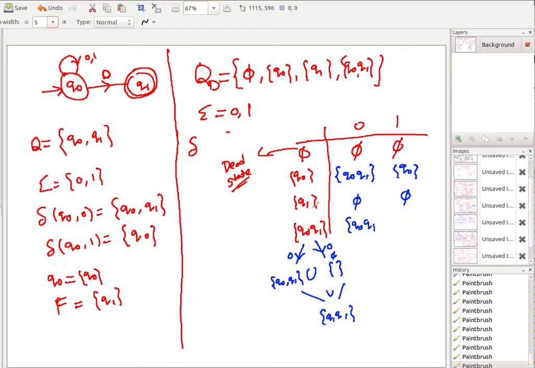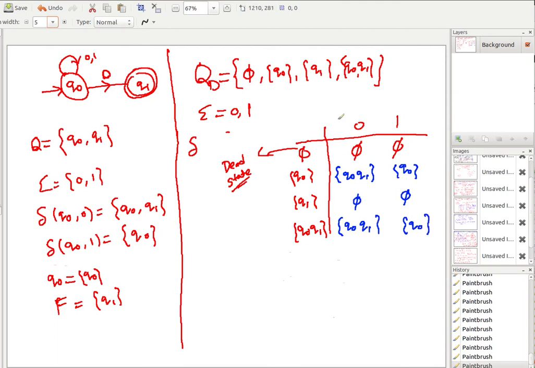right? And then for Q0 Q1 at 1, so Q0 at 1, where do I go? Actually, if you take this row and take the union, you will get it for Q0 Q1. That's a simple way of doing it. So Q0 Q1 and Q0, here it is phi, so I still get Q0. So my equivalent DFA, if I have to really design, let me just delete a few of the things at the bottom and rewrite the entries. So this is saying that Q0 Q1, this is again Q0.